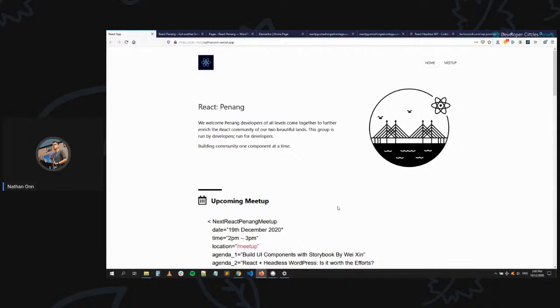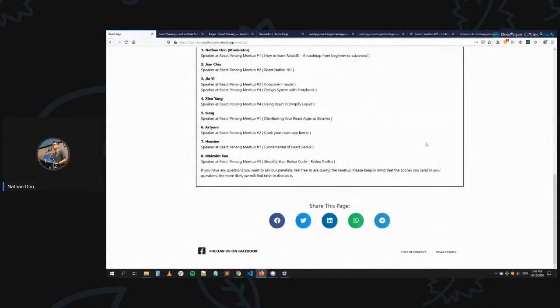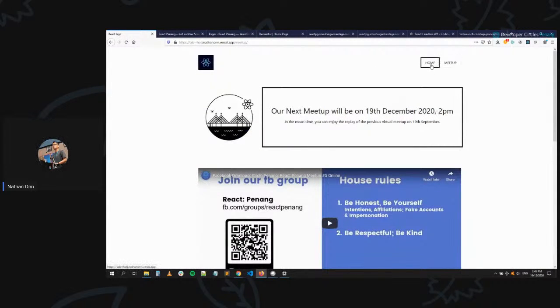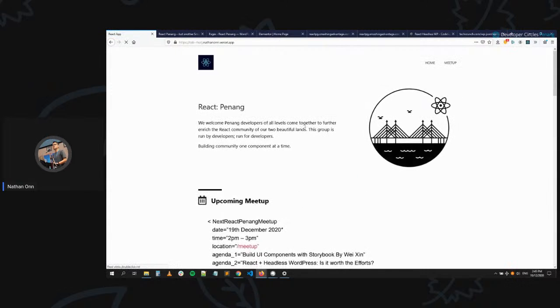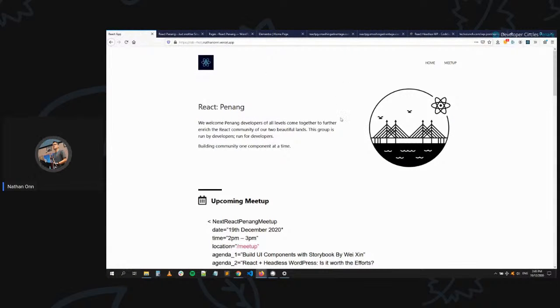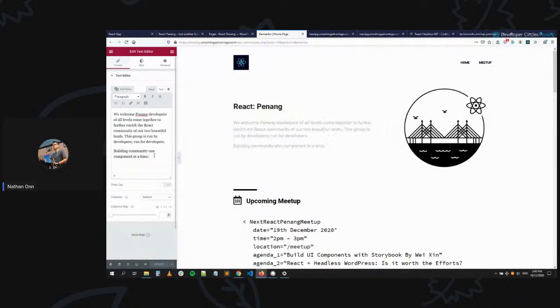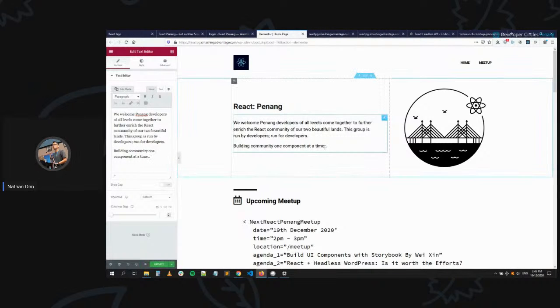So this one is my home page. If I press Meetup, I will go to my Meetup page as well. So here I have two pages for my React app, and in my headless WordPress, I also have two pages. Fun fact, this homepage is actually built with Elementor in WordPress. If I change something, let's add one more dot here, so now I have two dots, and I update,